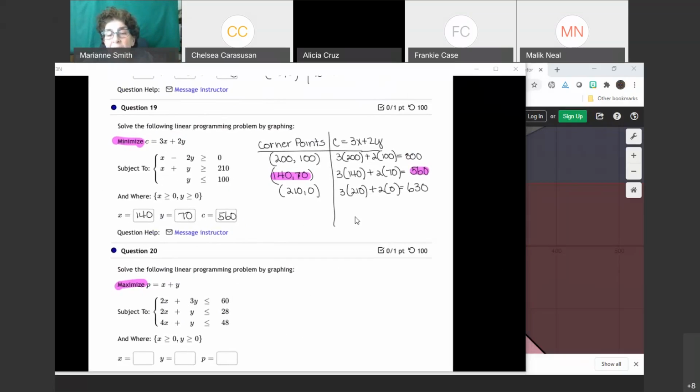Now, if you still have time and you want to check these in Excel, by all means, check them in Excel. That's kind of the way you're going to do it in the real world. You're not going to be graphing things, you're going to do it with Excel. Feel free to do it in Excel if that's what you want to do. These would be your constraints, that's your objective, and put your decision variables further up in the spreadsheet. I'm not seeing any questions on optimization, so I'm going to stop sharing for a minute